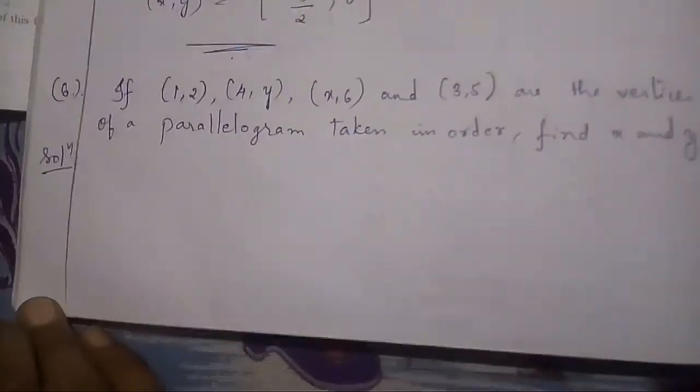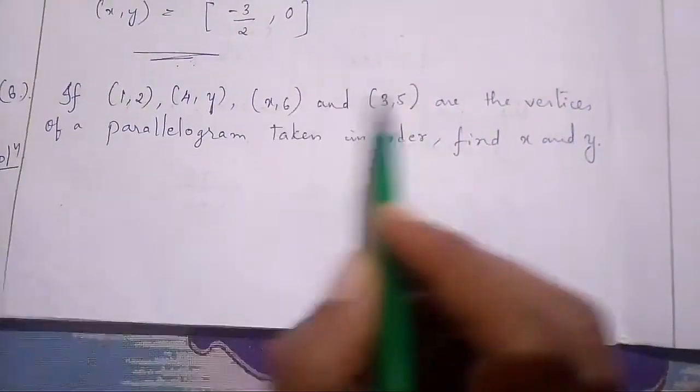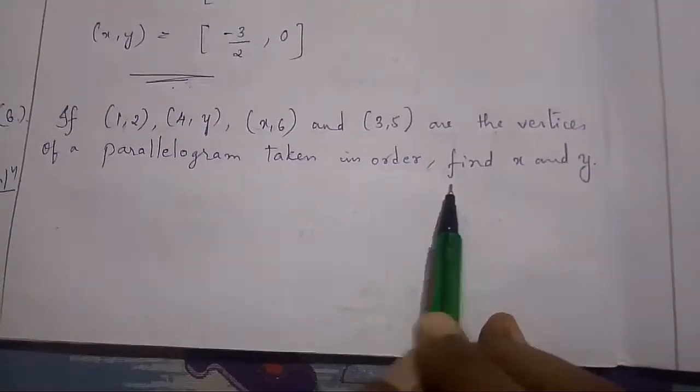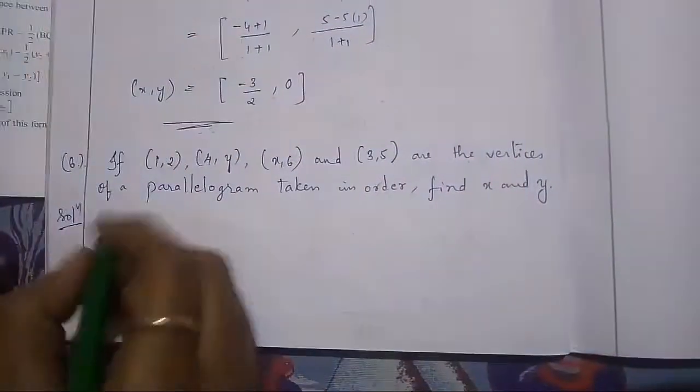Now the sixth problem. If (1, 2), (4, y), (x, 6) and (3, 5) are the vertices of a parallelogram taken in order, find x and y. The given points are vertices of the parallelogram. We have to find the x and y points. Now solution, we know that